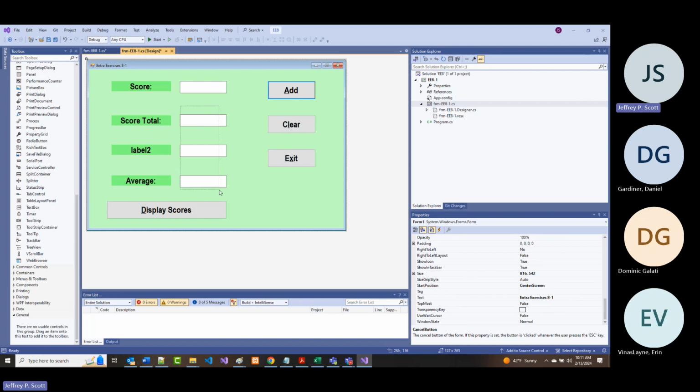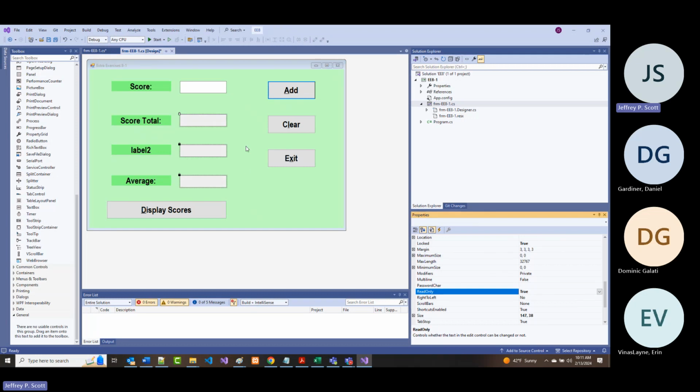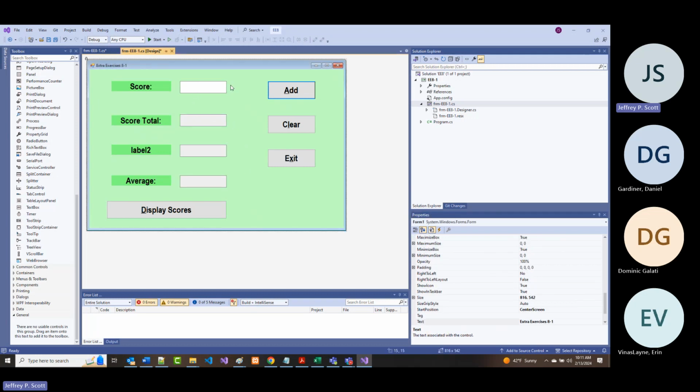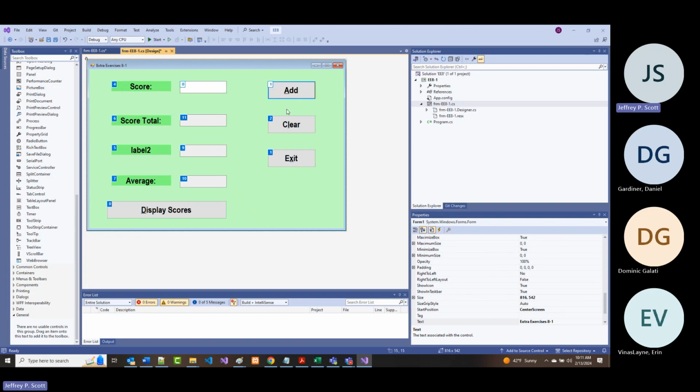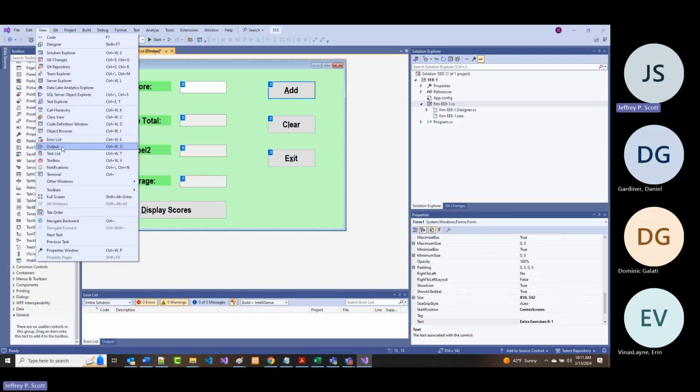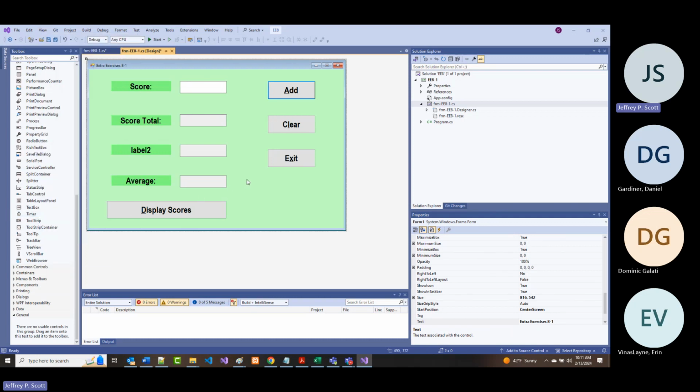These three are going to be read-only fields. So let's make sure we've got them set to read-only. There we go. So our tab order will be 0, 1, 2, 3, 4, 5, 6, 7, 8, 9, 10, 11. Okay. So view tab order 0 through 11. Okay, view tab order. All right, so I should be able to run it now, and the clear should work,